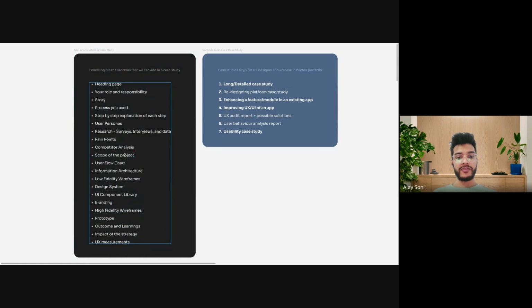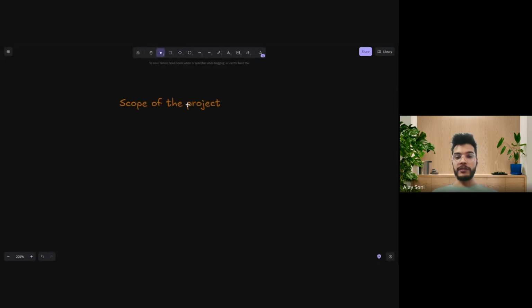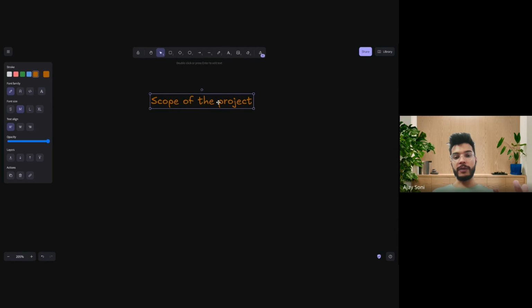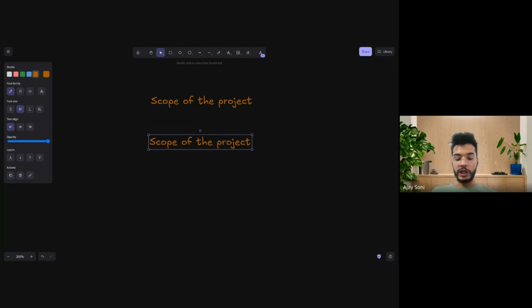The second thing we have is the scope of the project. What is the scope of the project, and where and when do we have to use it? Okay, scope of the project. Again, if we just look at this name, it is going to tell us what could be the solution or the outcome or the scope that this project, whatever you are doing as of now, is going to achieve, right? So just for an example, let's take the example of Mohit's case study here, right?